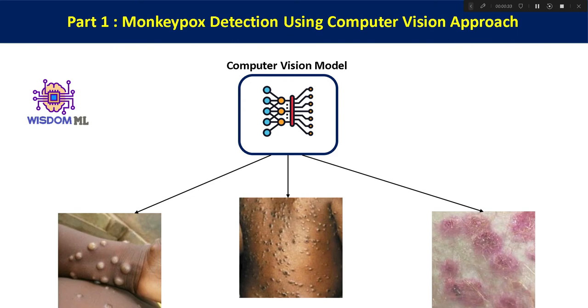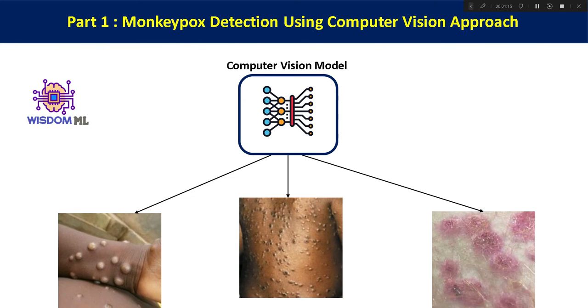Okay, so in this project, we'll be talking about the monkeypox disease, how severe it is, and what are the treatments available. Then we'll talk about the data set we'll be employing in this project, and then we will talk about the overall project structure and which models we'll be using, what will be the overall approach. And later on, we'll be sharing some of the results which we have obtained after applying different computer vision pre-trained models. And later on, we'll also talk about sample predictions, which is provided by our best model. And we'll also see how to improve our